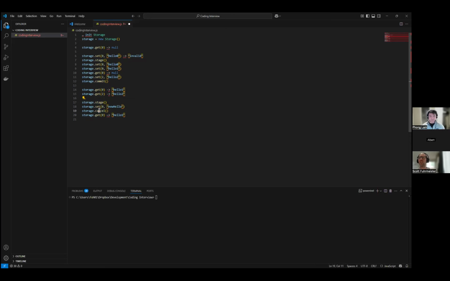So you've got stage and then cancel, or is it meant to be commit or cancel? Cancel, because if you commit, then if you get 0, it should show you new hello, right? But it didn't. It reverted back to the last thing that it got set. Cancel will actually revert. It's not going to just ignore it until it commits. It's actually going to revert back to the previous values. Okay. All right. Let's start working on this one.